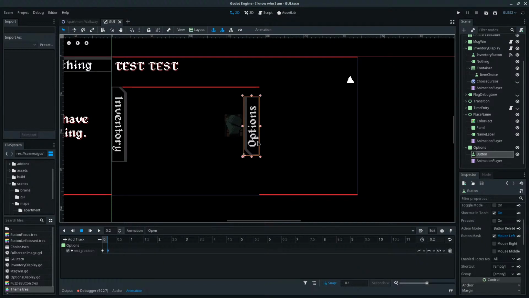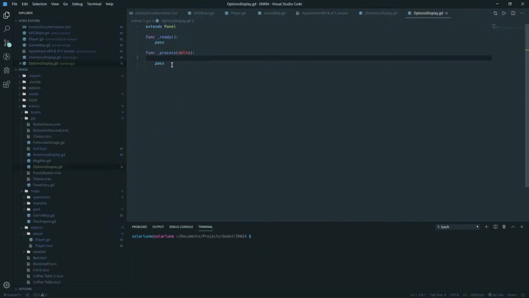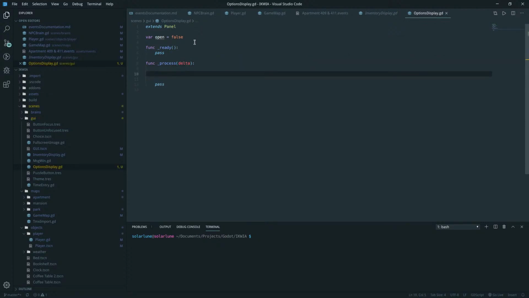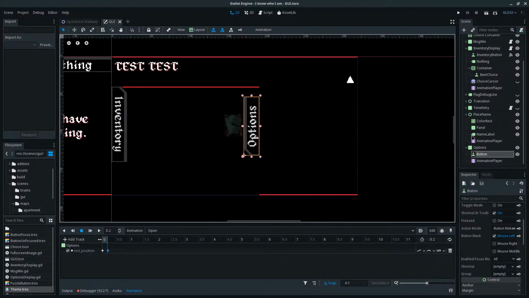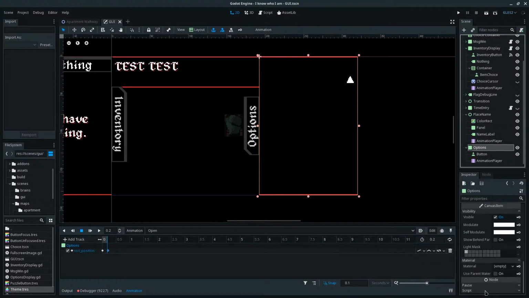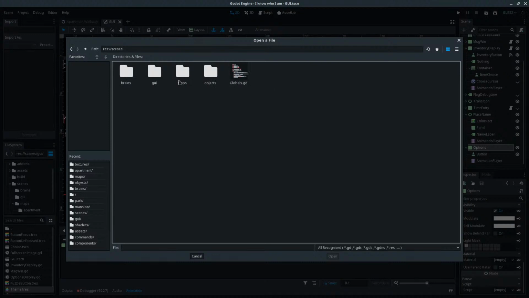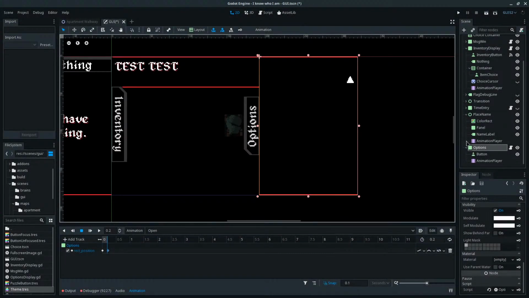So you can click the options button, it slides out, and it slides back. Okay. So we want to apply this script. Options display, okay.